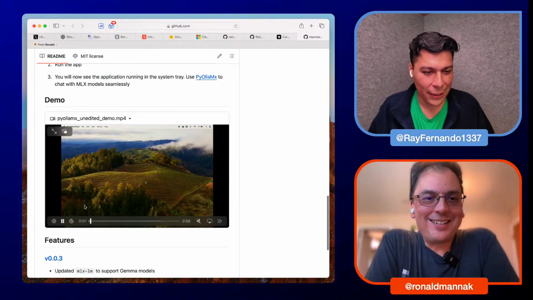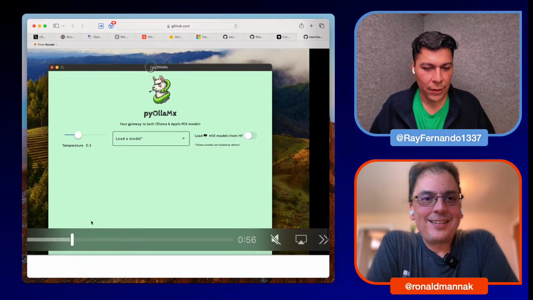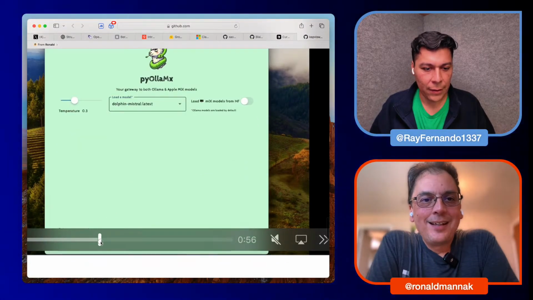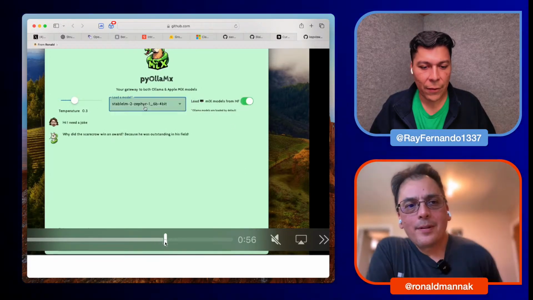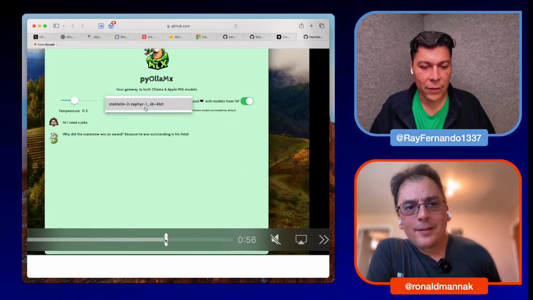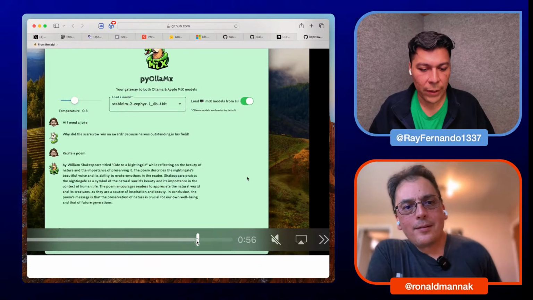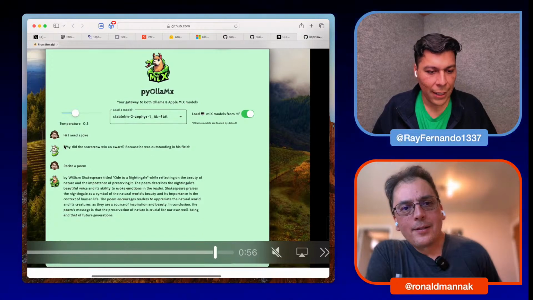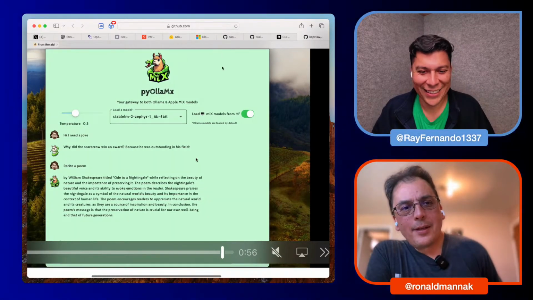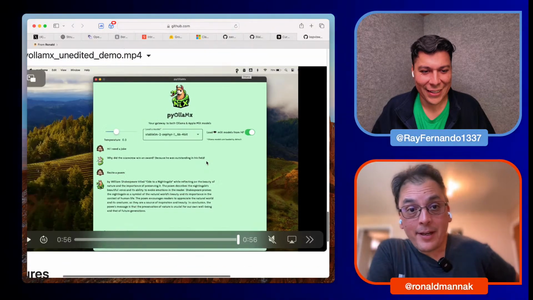And the demo looks like this. You can load a model through the UI, then type and interact with it, and load models from Hugging Face as well. If you slide that, it looks like you can load the model and stream in a chat. I think it's probably using Streamlit under the hood, and it has a really cute interface. Maybe it is also an API.